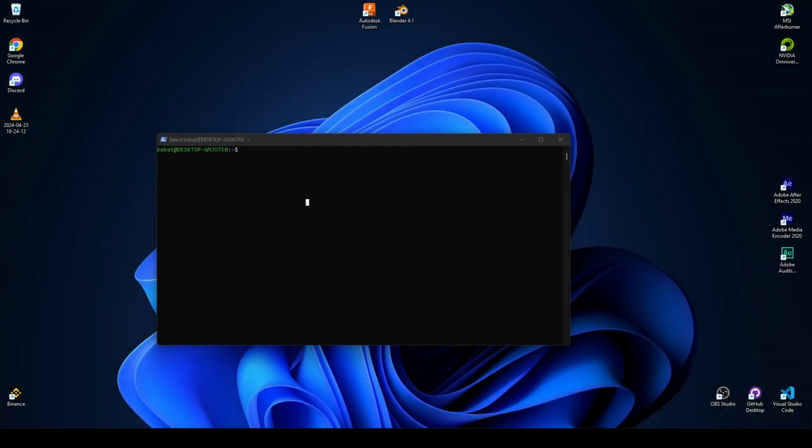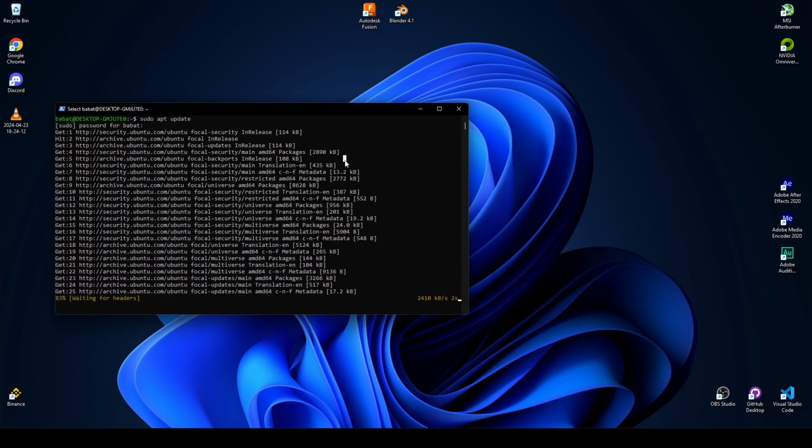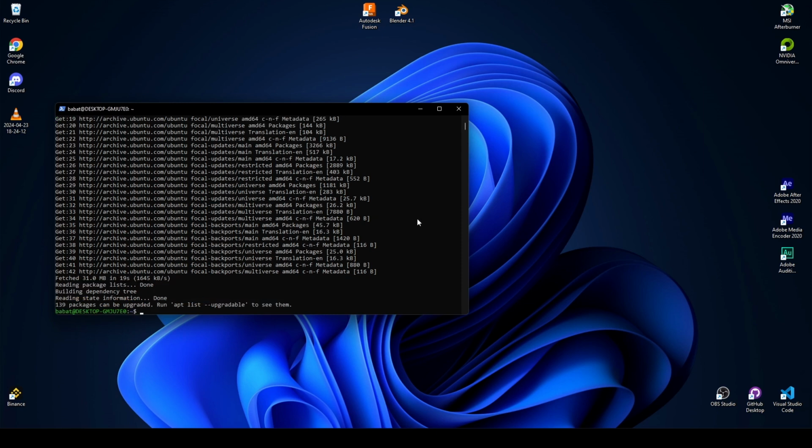After we successfully install WSL on the Windows host, we need to update Ubuntu. Input our password. We successfully upgraded this WSL Ubuntu.